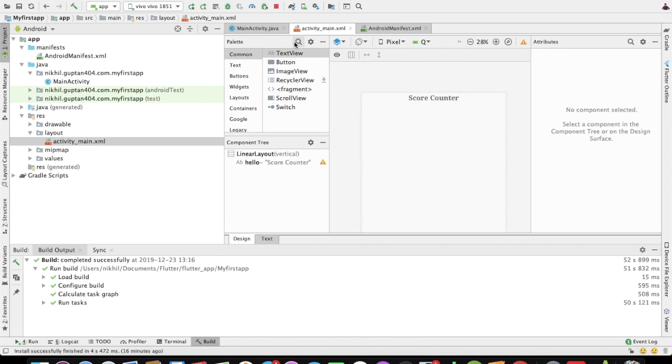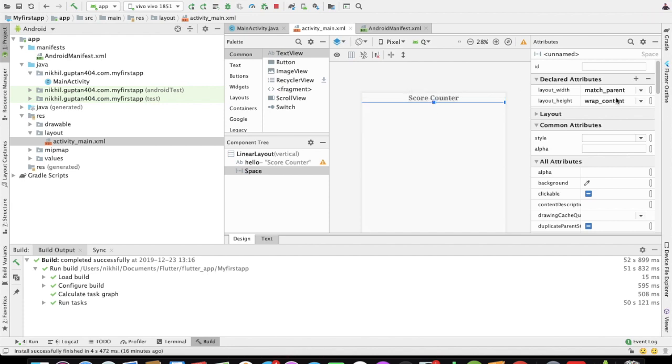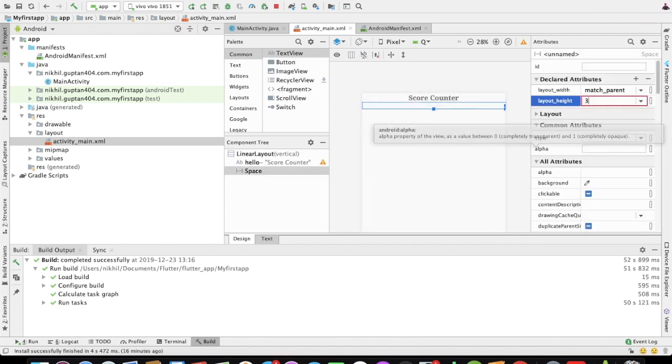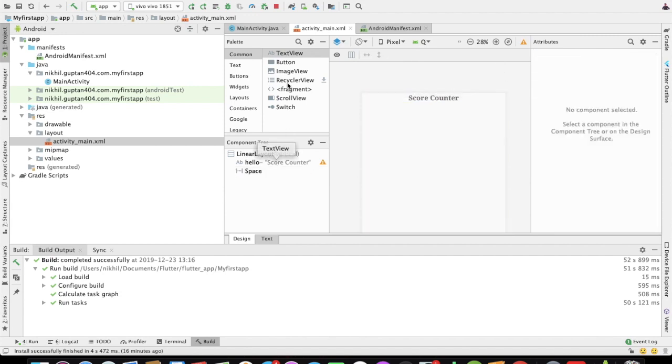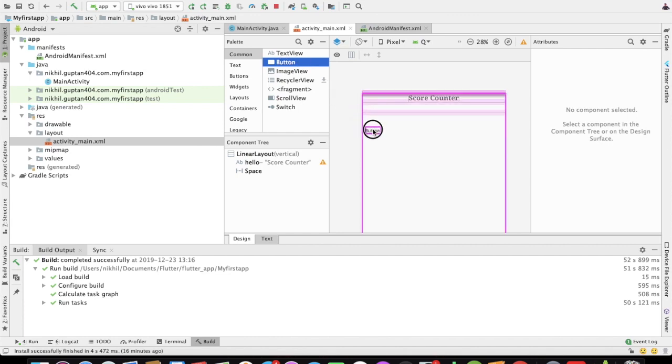For giving a gap you will use space, and then we'll give it a height of 20 dp, let's say. Let's see. Okay, no, 30 dp. Okay, then we'll add a button. No,